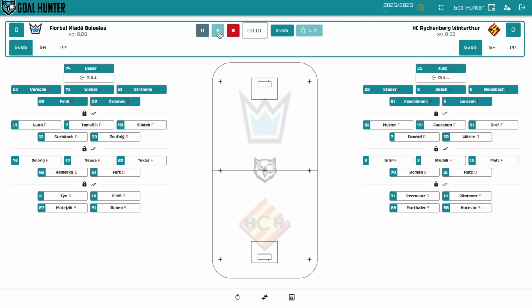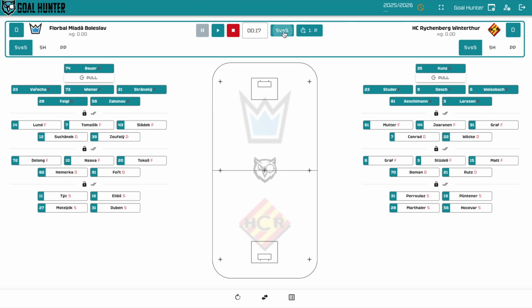The application works on the principle of running time. It is not necessary to pause the time during short interruptions. We recommend pausing the time only during longer interruptions, typically when a player is injured or in case of power breaks. Of course, you can stop and start the time just like in a real match. However, for the correct functionality of the application and for ease of tracking, this is not strictly necessary.